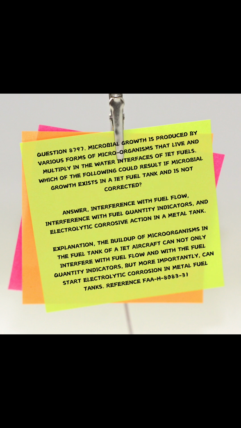H-8083-3D1. Question 8797. Microbial growth is produced by various forms of microorganisms that live and multiply in the water interfaces of jet fuels. Which of the following could result if microbial growth exists in a jet fuel tank and is not corrected? Answer: interference with fuel flow, interference with fuel quantity indicators, and electrolytic corrosive action in a metal tank. Explanation: The buildup of microorganisms in the fuel tank of a jet aircraft can not only interfere with fuel flow and with the fuel quantity indicators, but more importantly, can start electrolytic corrosion in metal fuel tanks. Reference: FAA